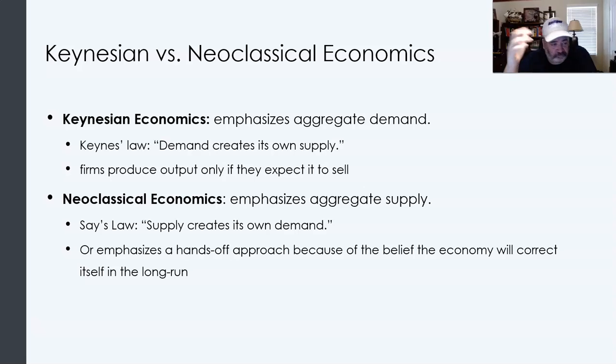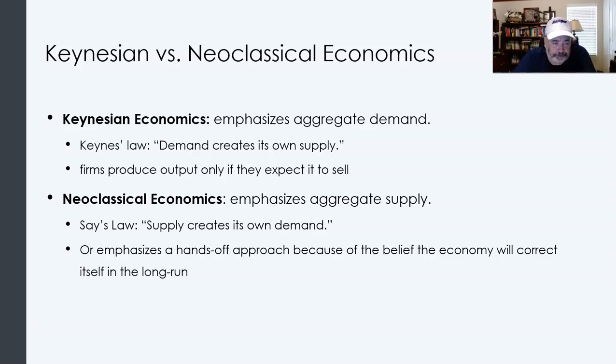So essentially, my take on Say's theory is that there's no point in demanding anything if you haven't produced anything to generate the necessary revenue to buy it, right? In other words, demand only exists to the extent that you have been productive enough to derive the necessary resources to go and buy that. So your demand cannot exceed your level of production. That's essentially the argument Say has made. It does not mean that supply creates its own demand. That is demonstrably false. Just because you make it doesn't mean people are going to buy it. We know that from a number of failed